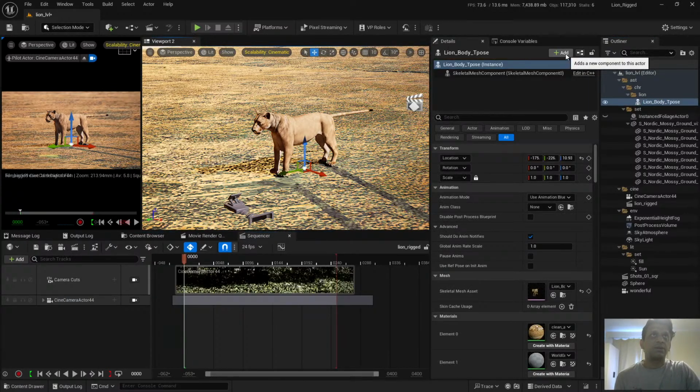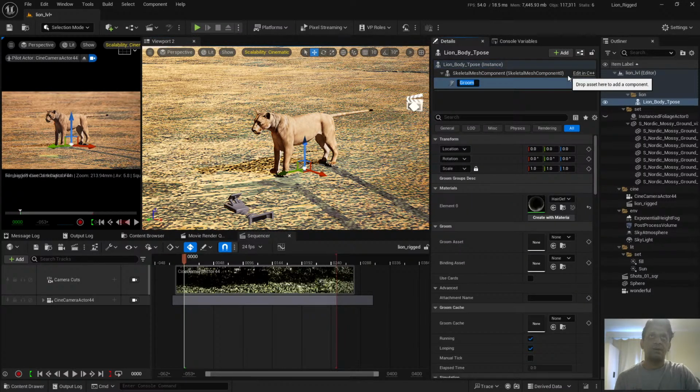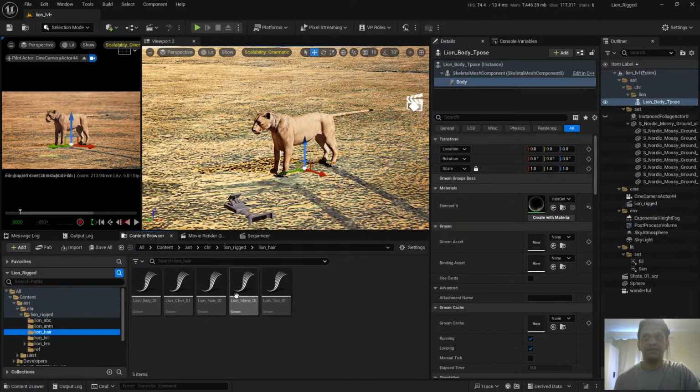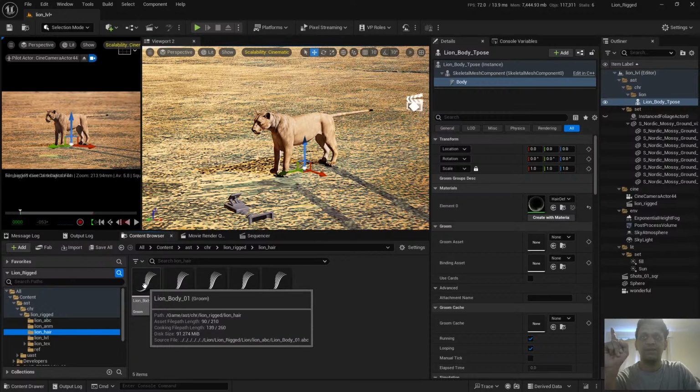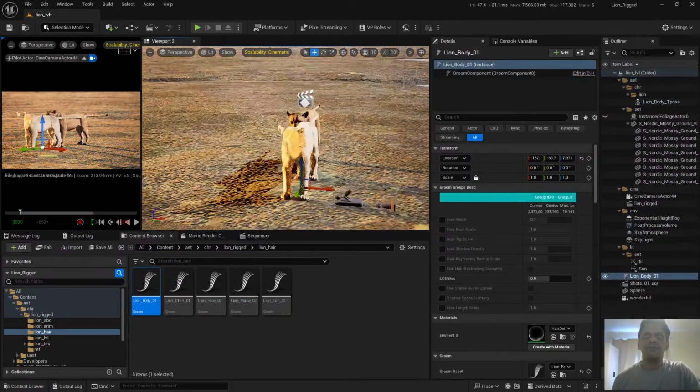Now from here you attach groom, call it maybe body, and similar to this mesh we do have hair. So this hair is also one single frame. It's not a sequence, it's just one single frame. So if I show you this way, this is the body,